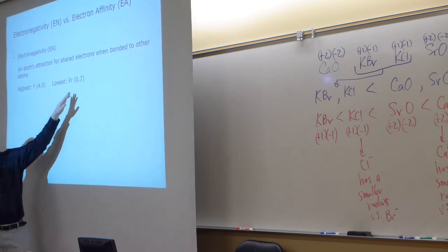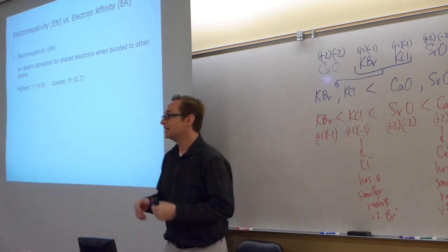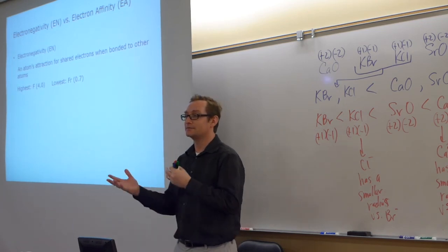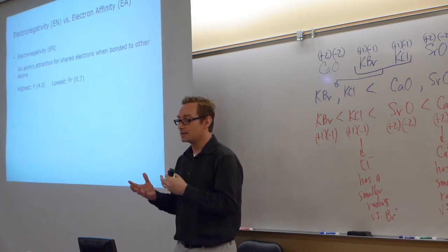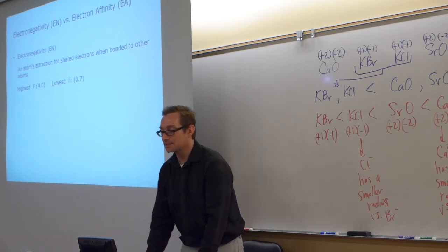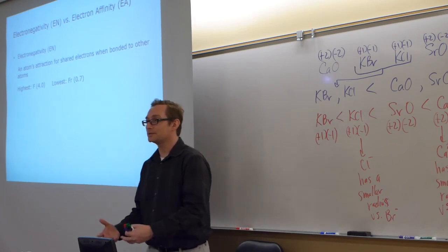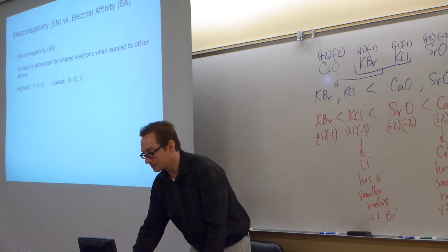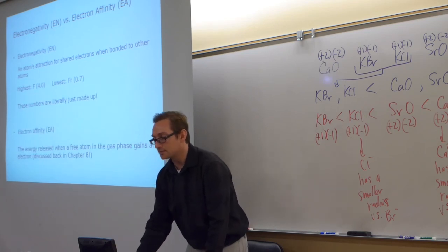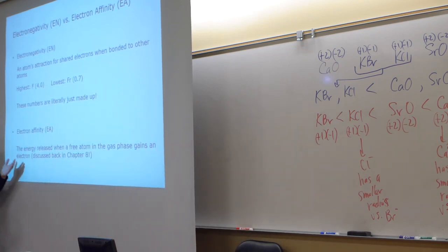These numbers have no units to them, and they're just made up. They're literally just made up, okay? It's a system for comparing polarities, what it is, ultimately. All right, so you have electronegativity. That's the propensity of an atom to attract shared electrons to it. But the atoms in that case have to be bonded to other atoms. What I don't want you to confuse is, don't confuse it with electron affinity, which we talked about in Chapter 8. Chapter 8 introduces electron affinity, and that's the energy that's released or consumed by a free atom in the